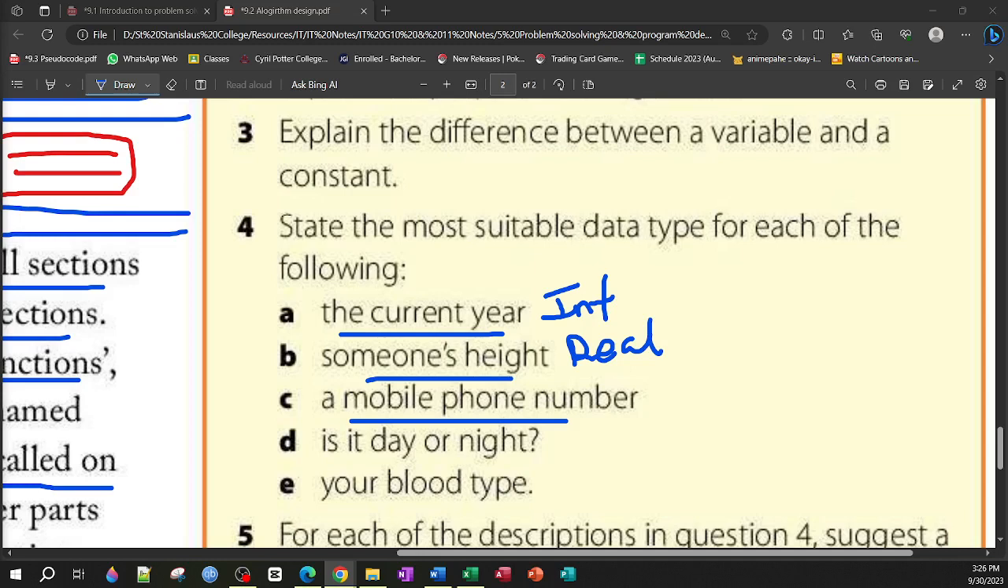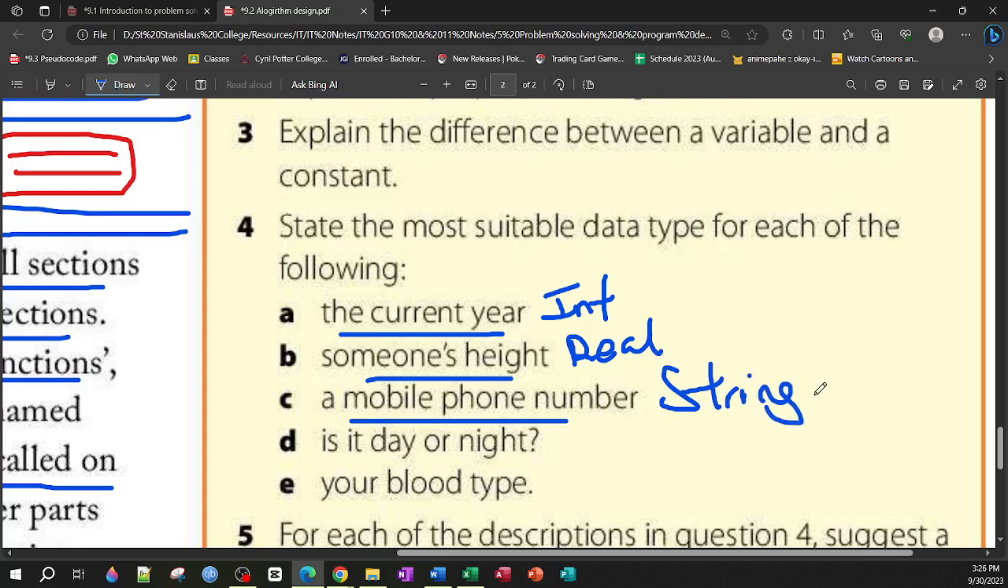Nobody? Sir, string. And why string? Because you have to separate the different data. So string is like multiple different pieces of information. Yeah. So the correct answer is string